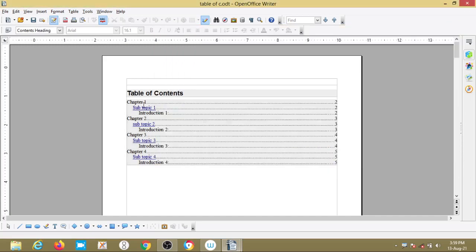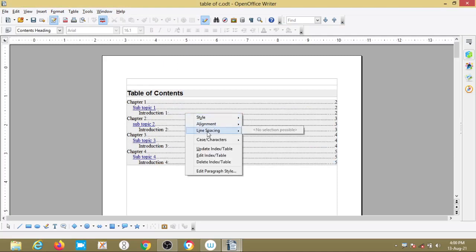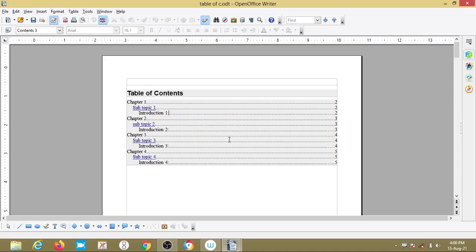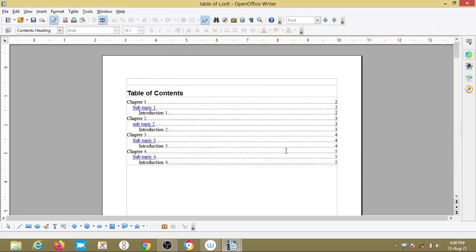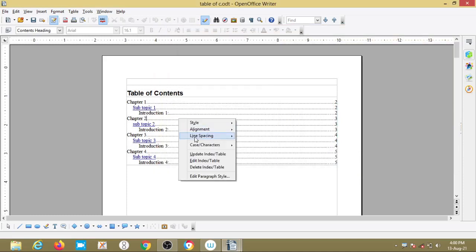So see here, this is light blue color. It shows that light blue color.